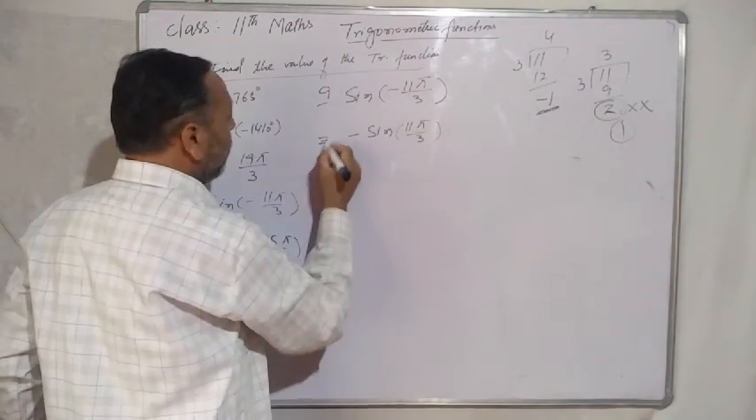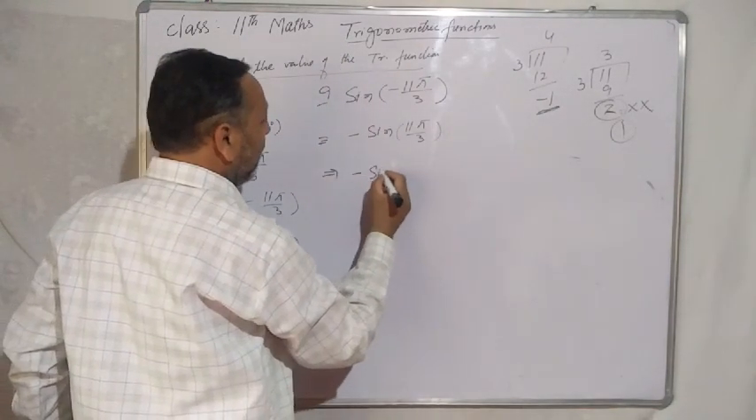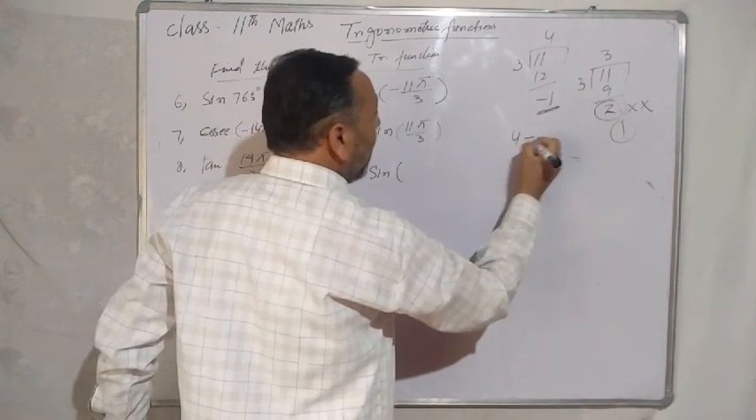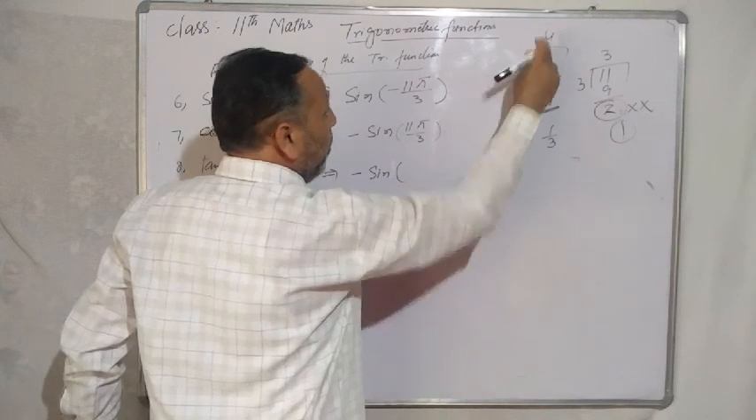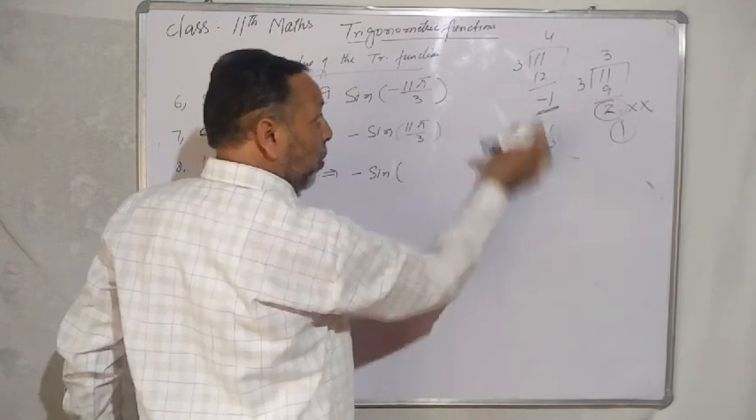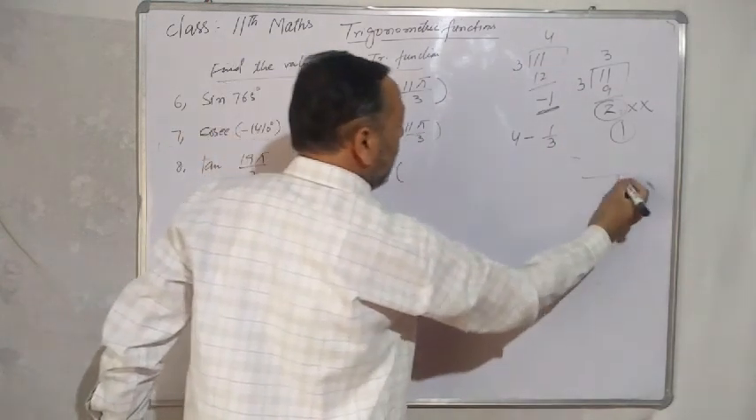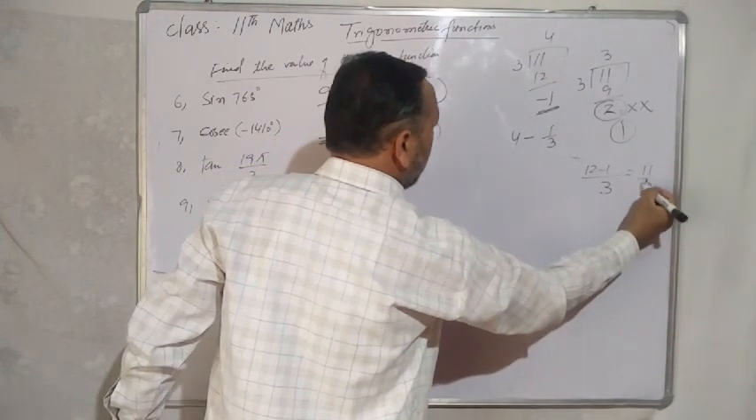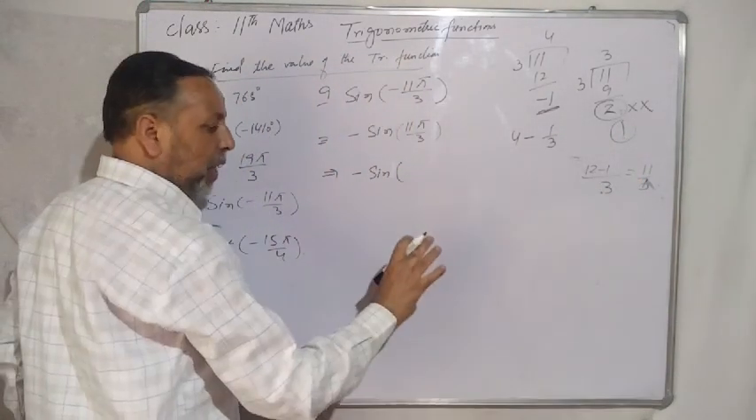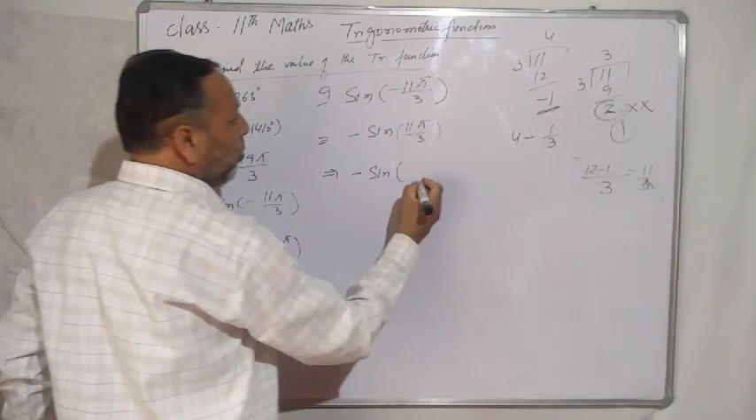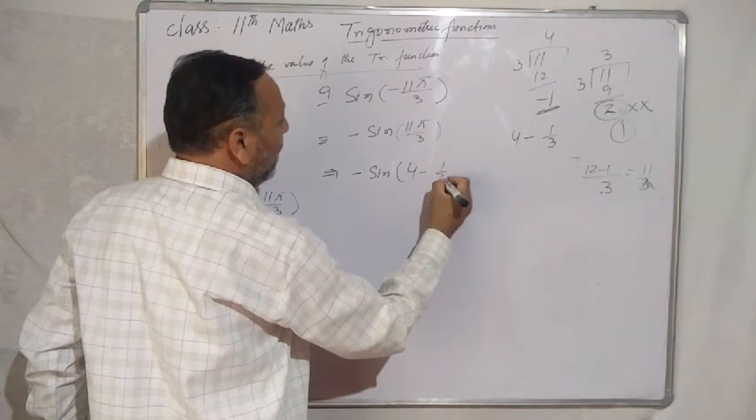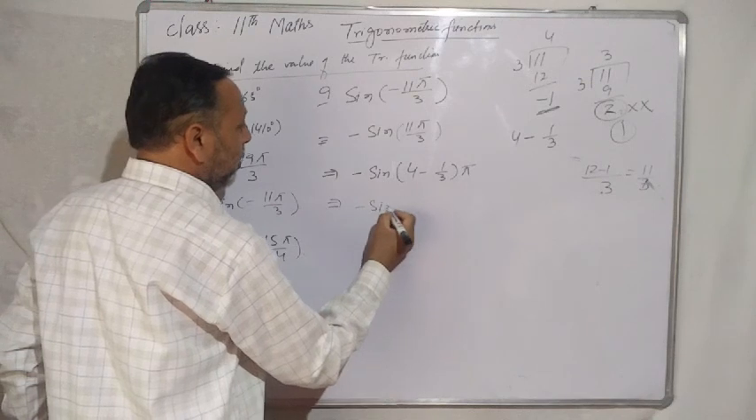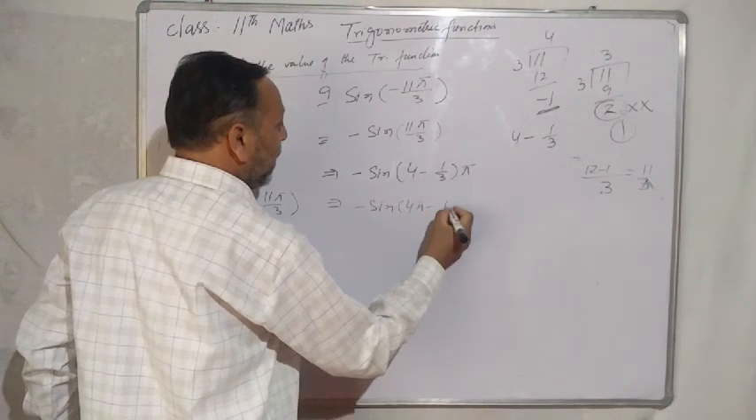अब इस क्वेश्चन को मैं ऐसे लिखूंगा, माइनस साइन 11 पाई बाई 3, इसको मैं लिखूंगा 4 माइनस 1 बाई 3, 4 माइनस 1 बाई 3। अब अगर इसको मैं सॉल्व करूंगा मुझे फिर 11 बाई 3 आएगा। अब देखो ऐसे 3 को मैंने एलसीएम लिया, 3 4 12, 12 माइनस 1 इट्स 11 बाई 3। क्लियर, समझ आया ना? तो 11 बाई 3 इसको मैं लिखूंगा 4 माइनस 1 बाई 3 इंटू पाई, इट इज माइनस साइन 4 पाई माइनस पाई बाई 3।